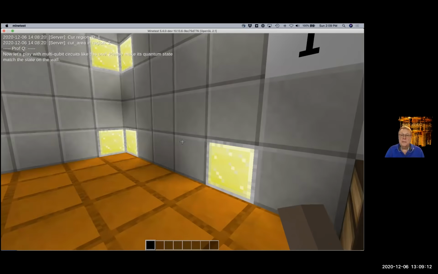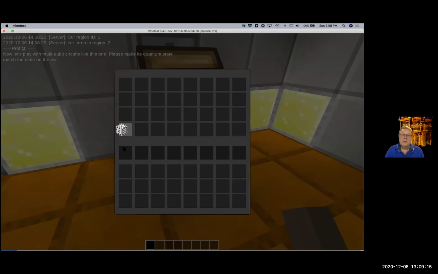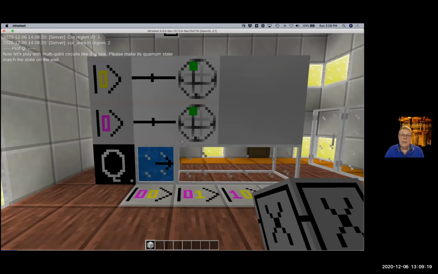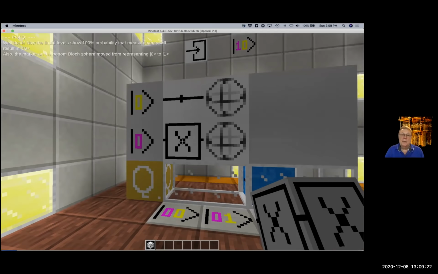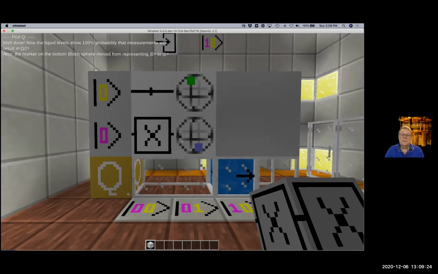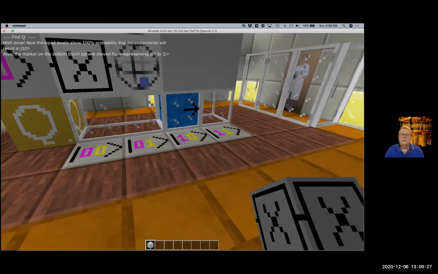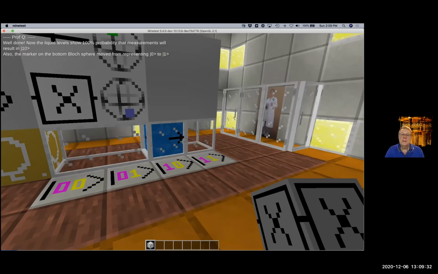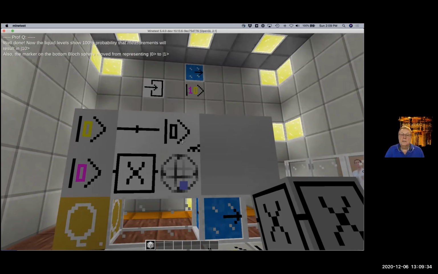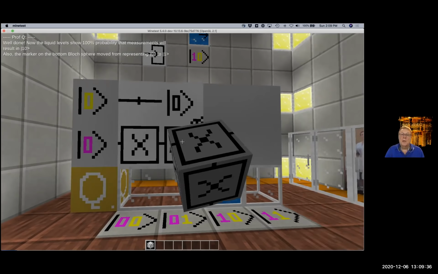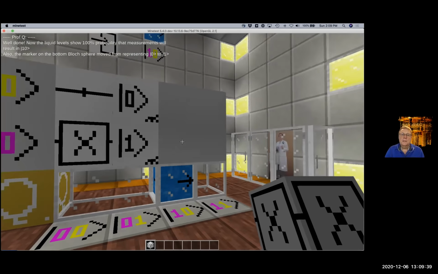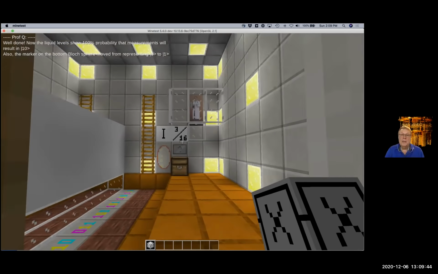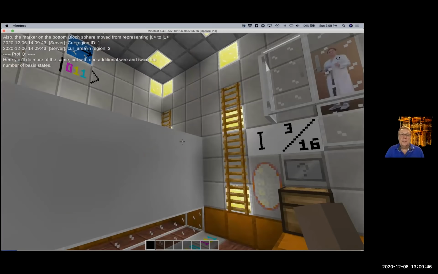So I'll give that a try. I'll go to the chest, right-click it. Sure enough, there's an X gate. And then we'll go over here and we'll put the X gate on that bottom wire. And notice that we have 100% probability that 1, 0 will be the result of the measurement. And I can right-click these spheres here, and we see that it's always 1, 0. So then the door opens. The door happened to be behind the circuit here. And then we have another puzzle,